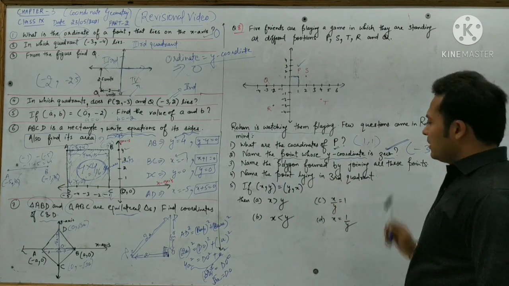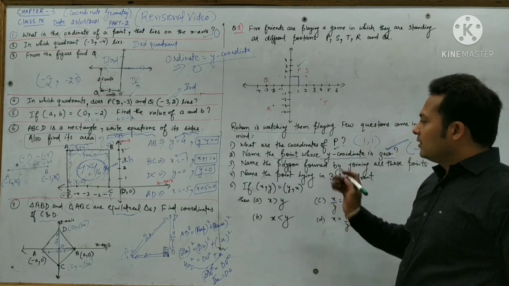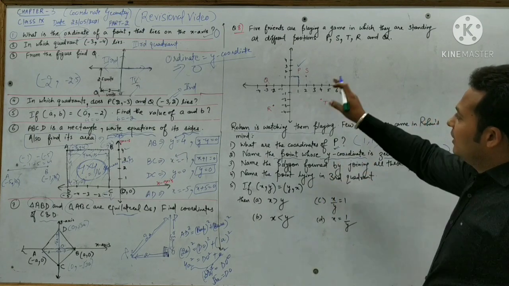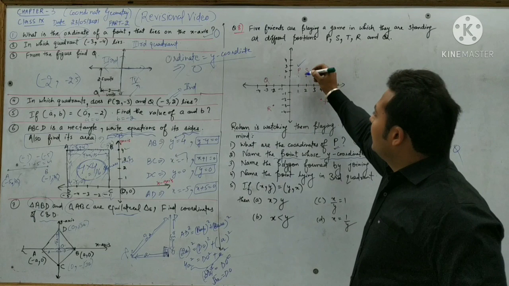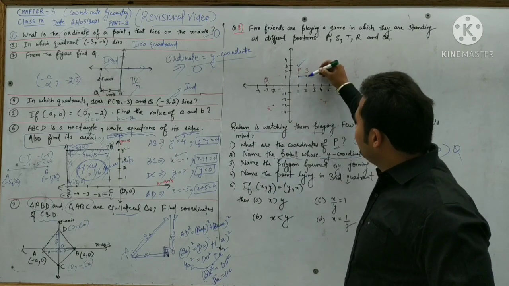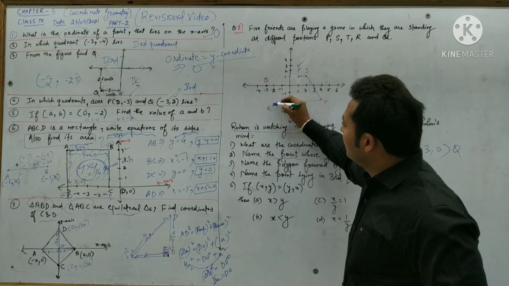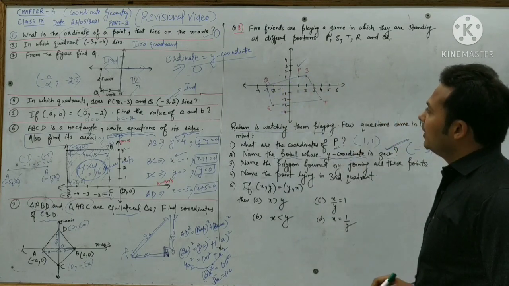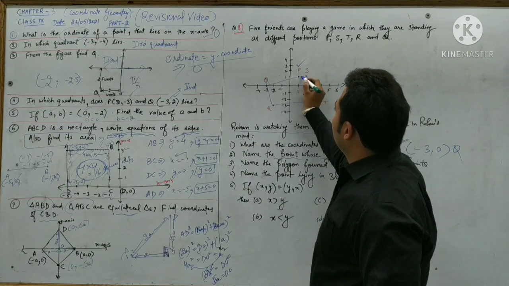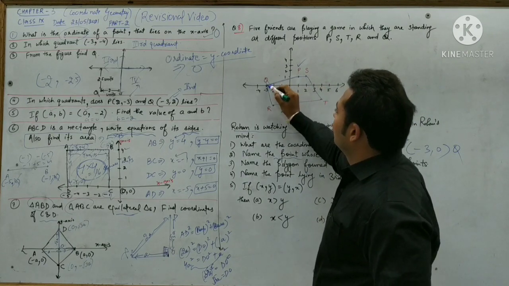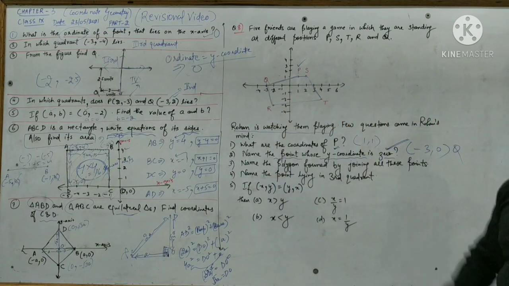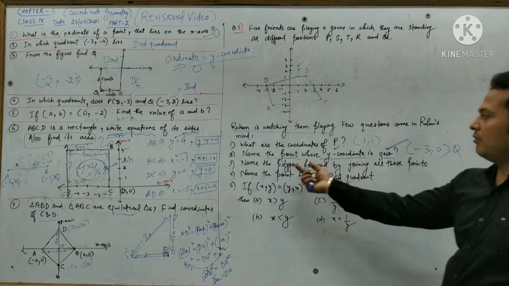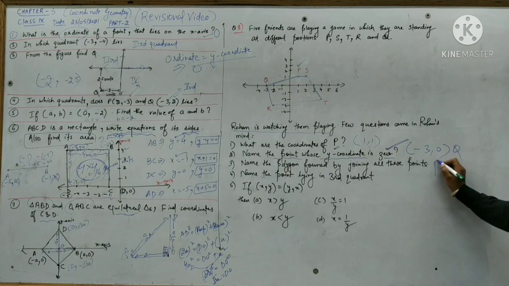Name the polygon formed by joining all these points. Polygon means number of sides we are to tell. The figure formed after joining all these points. Okay. So let us join these points P, S, T, R, Q, P. Okay. See bache, PS is a straight line. QP is also a straight line. 1, 2, 3, 4, 5. We have 5 sides of this figure. So a figure formed by joining the 5 sides is called a pentagon.